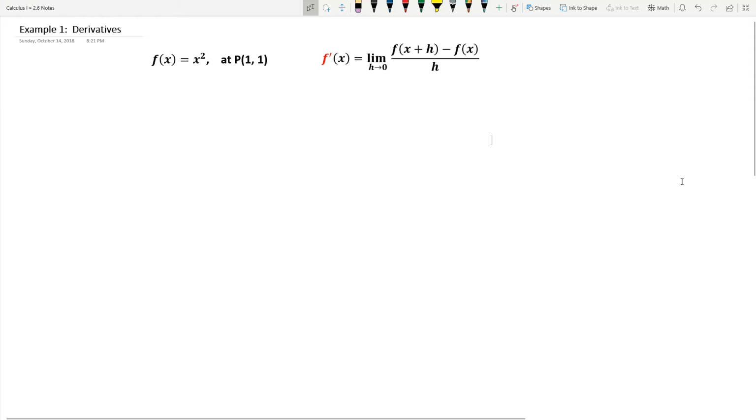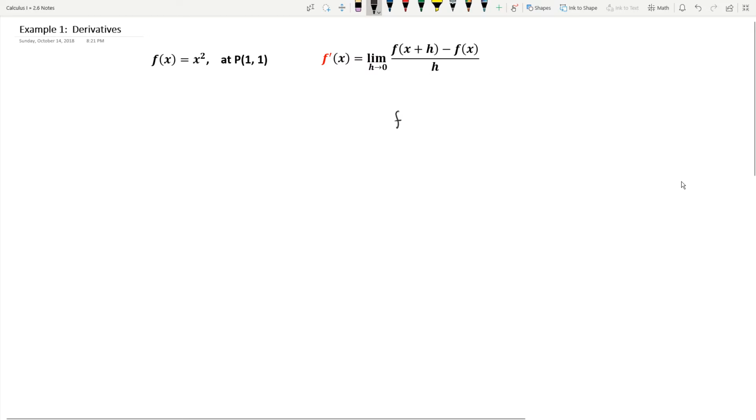So in the first example, before we start taking a derivative of this function, f of x is equal to x squared, let's talk about a couple of things that have been introduced in this section. First, you notice that we have a new symbol. We have f and an apostrophe. And what that states is that we are taking the derivative of the function, and how we say that is